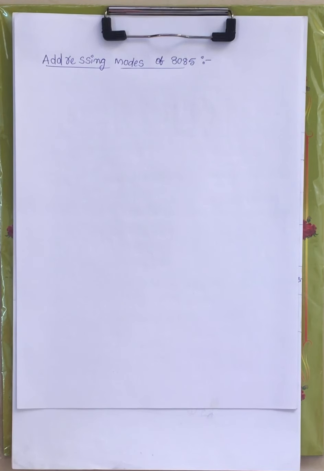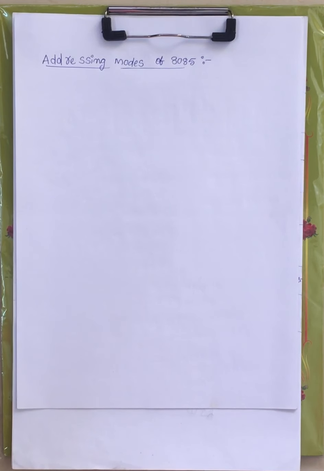Later we have seen the logical group of instructions. After that we have seen the branch control group of instructions. Under that we have conditional jump, unconditional jump, conditional call, unconditional call, and similarly conditional return and unconditional return. Now all those come under your branch control group of instructions.